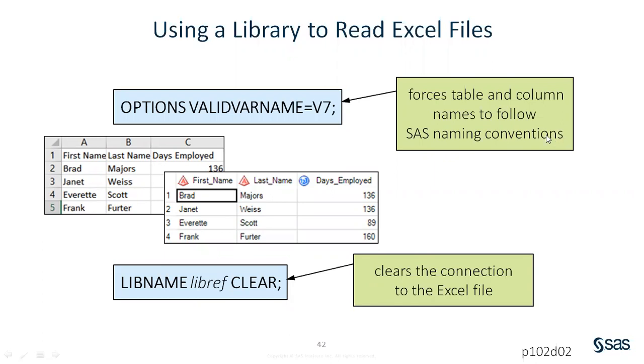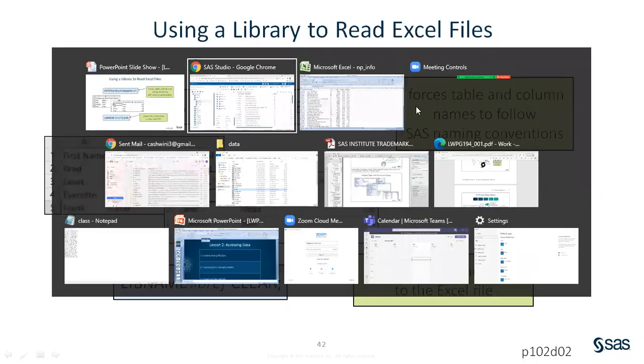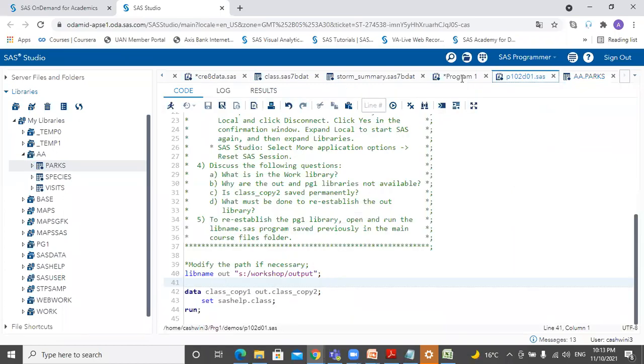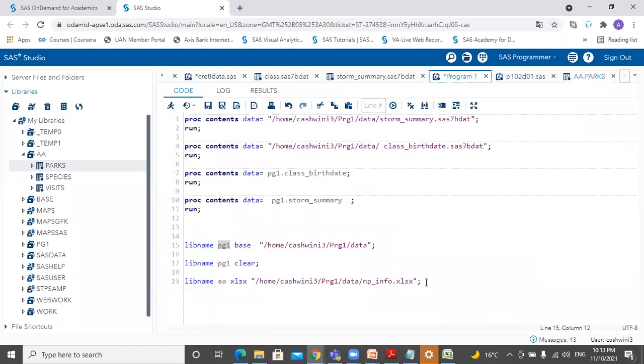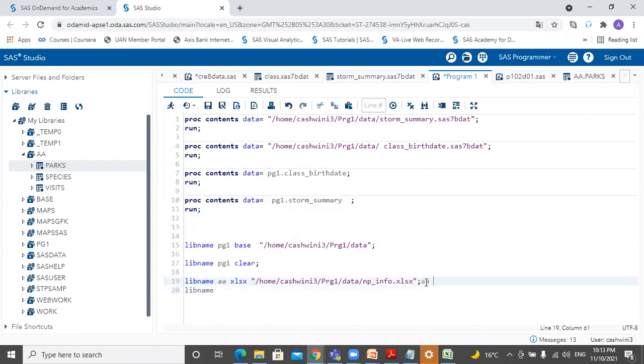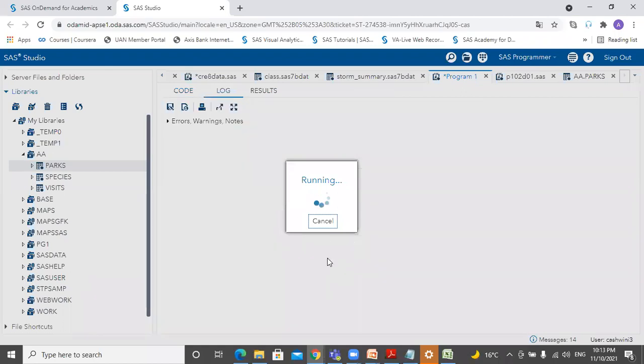So let's work it out in our Studio for the same. I go back into my program. I'll first dissociate my library here by writing AA to get dissociated with the external drive. I submit this, so it gets disassigned.